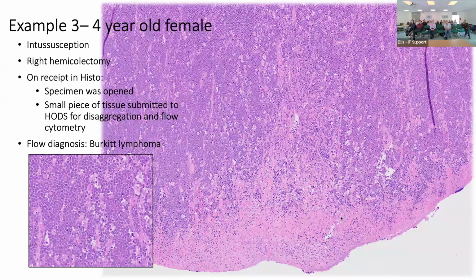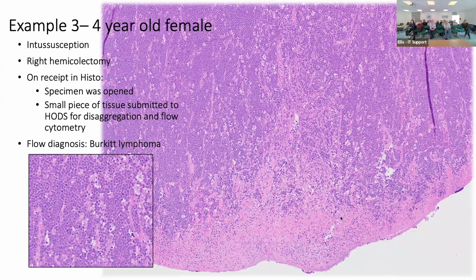This is actually a surgical resection, because some of the bowel people are really starting to get interested in it. The transplanters are really on it. This is a 4-year-old female, intussusception emergency at resection. He had a right hemicolectomy, and as you can imagine, the pediatric pathologists are really on top of that game as well. So they know how well you can tell lymphoma from not lymphoma, and send resections to us for